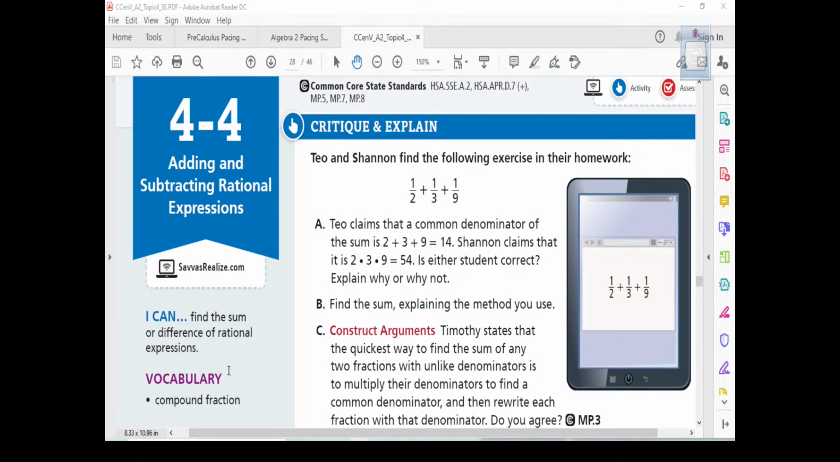Help me with one word from the objective in the chat, before we move on. Difference, rational expressions, rational, sum. Okay, there's too many of us here and I only see 4 or 5. I need to see more of you guys. Find. All right, so